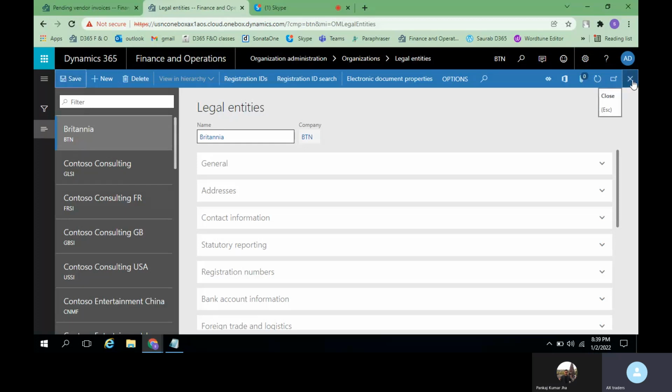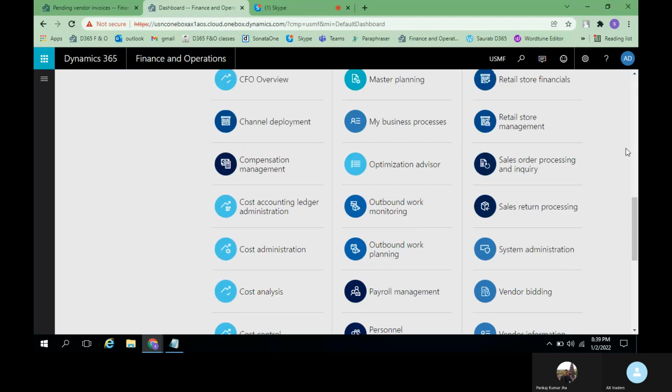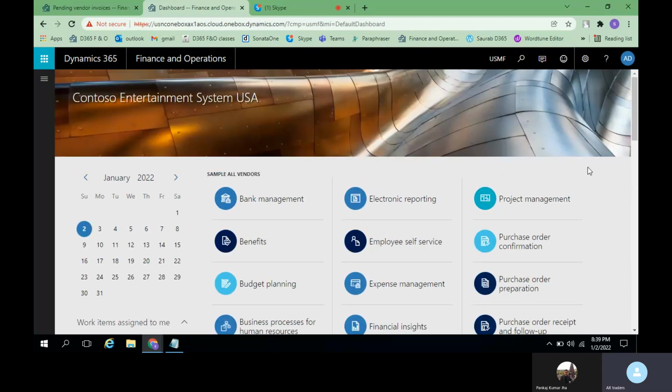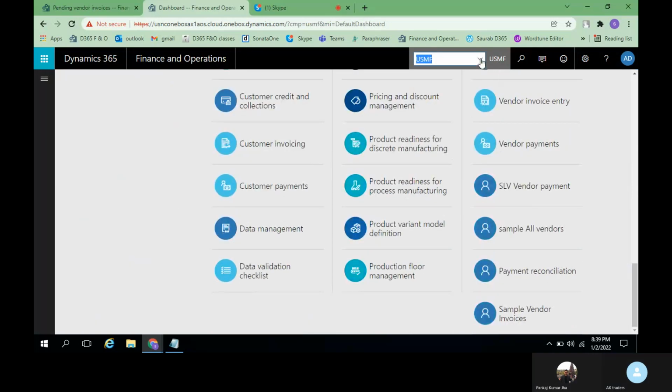Let us just go back to the home page. So this is a default screen, right? The moment you open Dynamics 365, this is the default screen. You just select this one under USMF. Here there is a drop down. Here our company should be reflected.